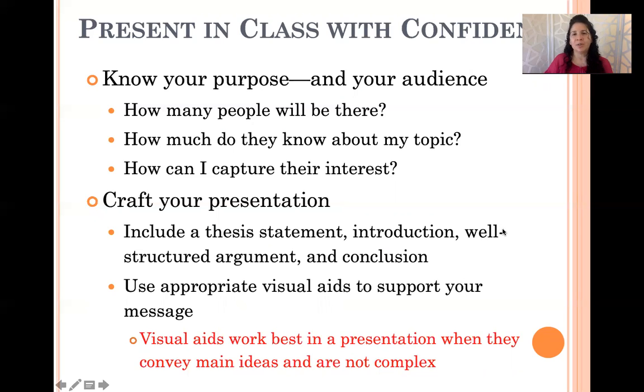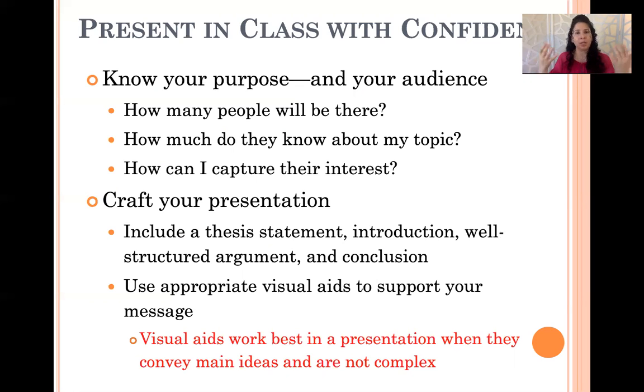I tell students visual aids are so helpful, because if I were talking up here and I had a PowerPoint slide behind me, your eyes are on the PowerPoint slide instead of me. And for most of us, we like that because it helps us to deal with public speaking. Right? So we have a visual aid. Now your visual aid should really convey just main ideas, right? Main ideas, not all of the words that I'm speaking.